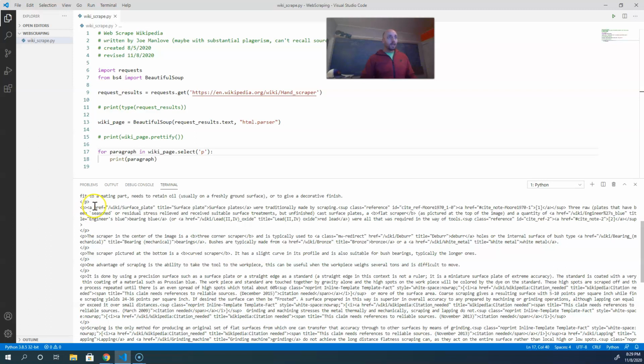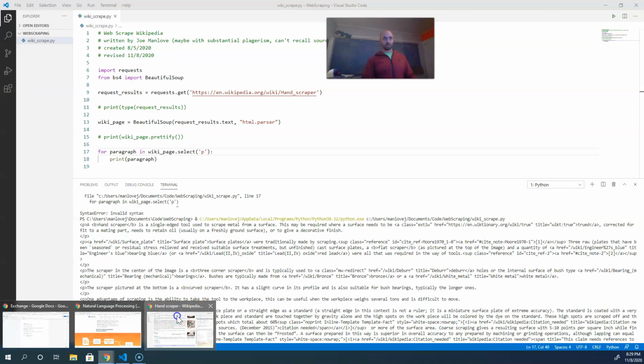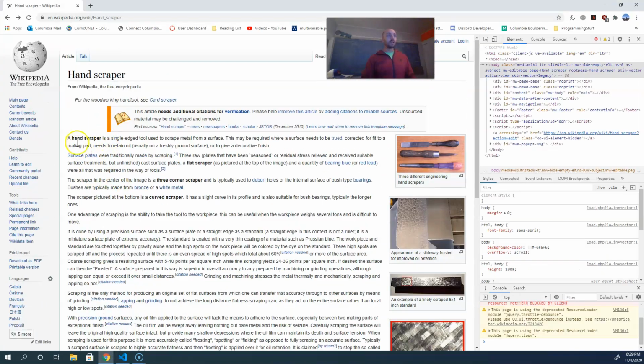A hand scraper is a single-edged metal tool, right? So let me go look. Where'd my, oops, sorry, it's underneath here. A hand scraper is a single-edged tool. Okay, cool. So I have selected out the paragraph type